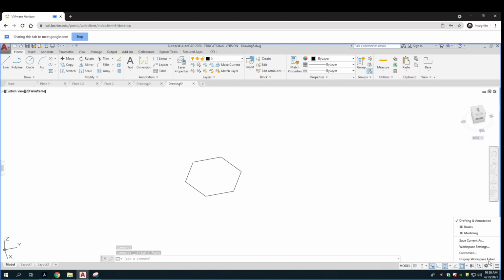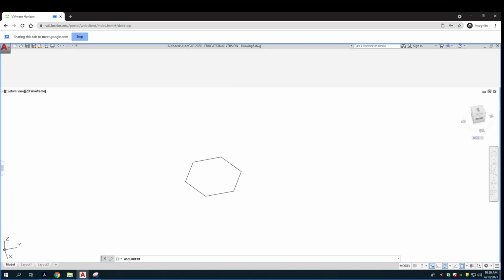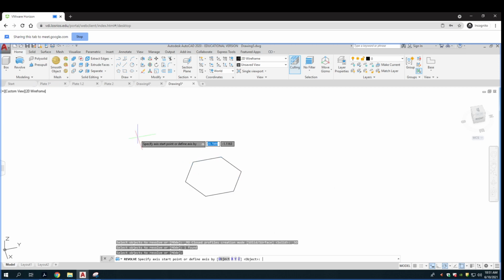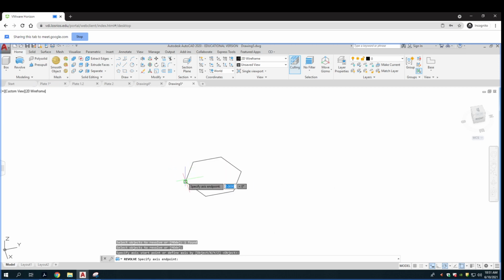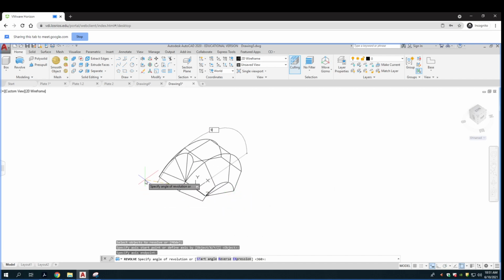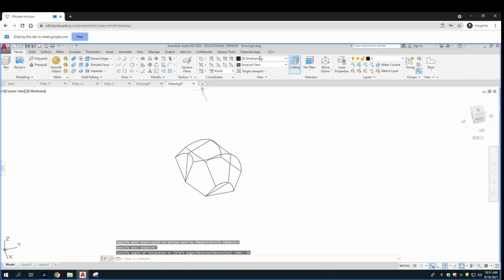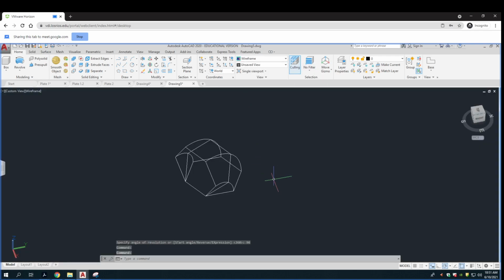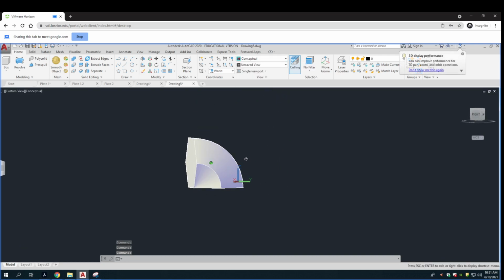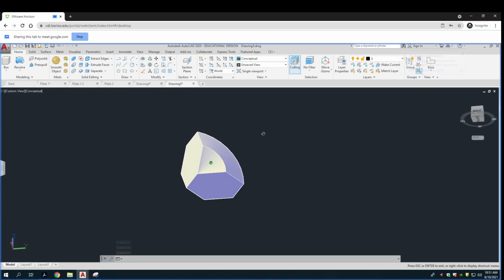Just for fun, I'm going to go back into 3D mode again for you. And I'm going to do something called revolve. I'm going to revolve that shape about that line. And I'll go 90 degrees. Isn't that cool? It's like, wow, there are so many cool things that you can do with